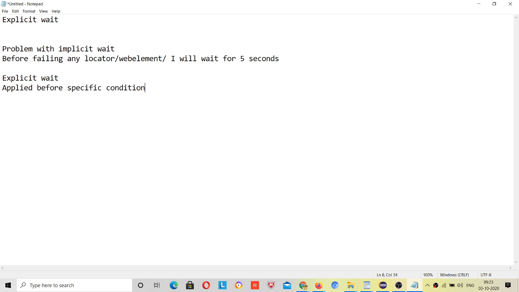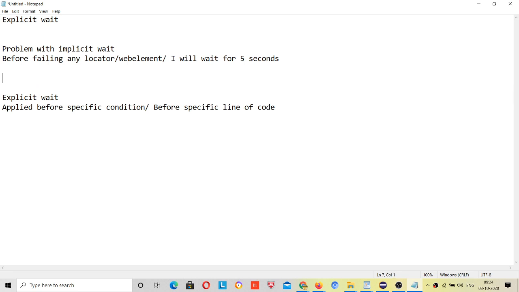Specific condition means before a specific line of code. And the practical difference that you have to understand, this is a theoretical one that I will tell you in the practical part, but understand implicit wait is only for the DOM to be loaded in your code, right?